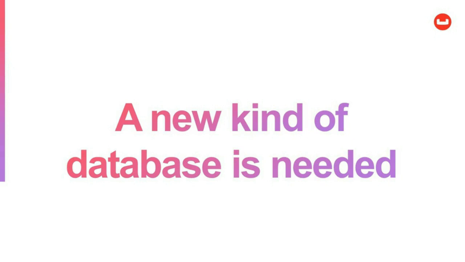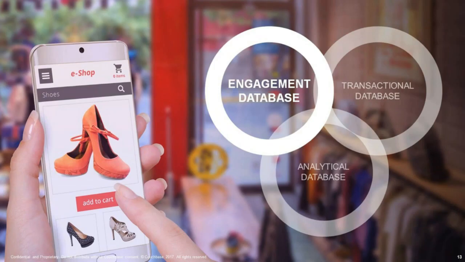If you're not familiar with the term, think of systems of engagement as the technology adopted by a company to help facilitate and orchestrate that user journey through more personalized, seamless interactions across multiple touch points. It's this idea of a system that can capture data from multiple and varied sources and bring it into one platform. So this is what we've built here at Couchbase, and we call this the engagement database. It's designed to support the engagements or the interactions happening at all these touch points at any given point, and all of the massive amounts of data being generated. And it's powered by NoSQL technology.